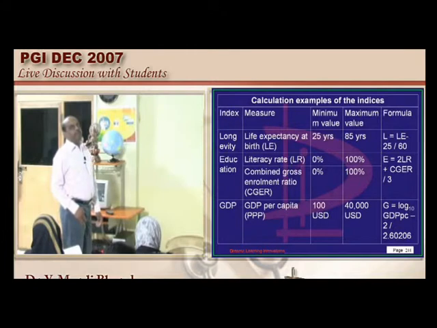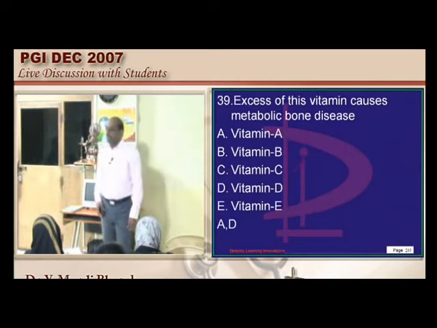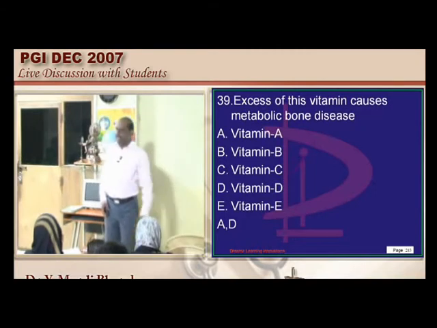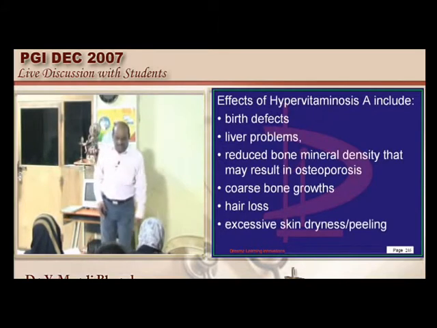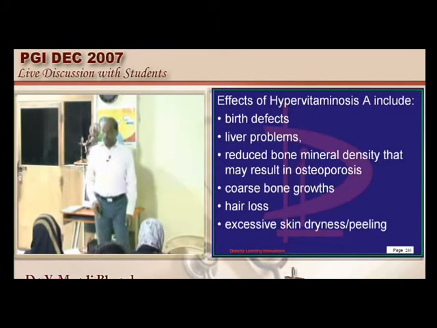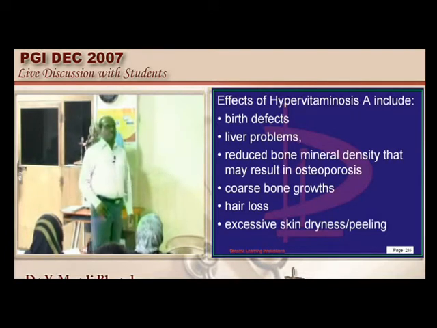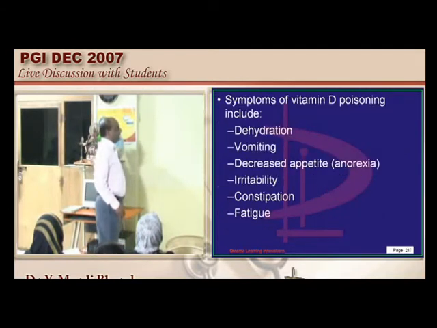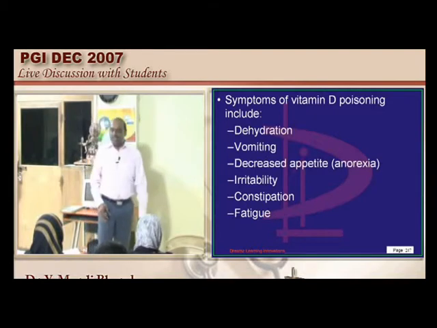They are the 3 components of the human development index, which need to be remembered. Which hypervitaminosis can lead to the development of osteoporosis? Hypervitaminosis D can cause excess calcium, which can have porotic effects on the bone. Even hypervitaminosis A is associated with the development of bony abnormalities, which needs to be remembered. Then only one more hypervitaminosis is there, hypervitaminosis E.